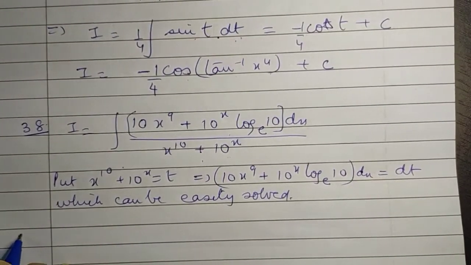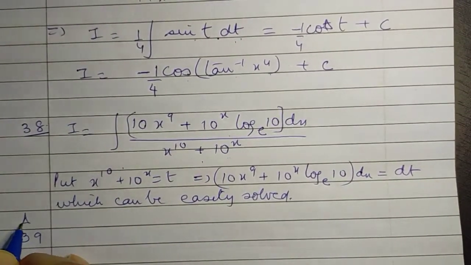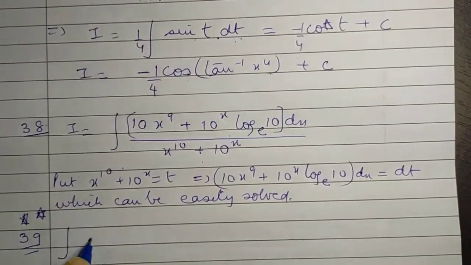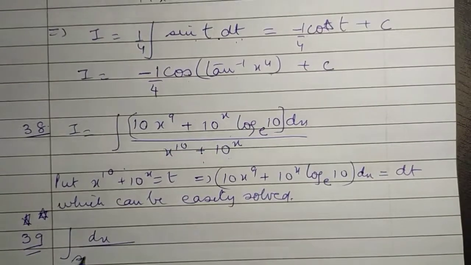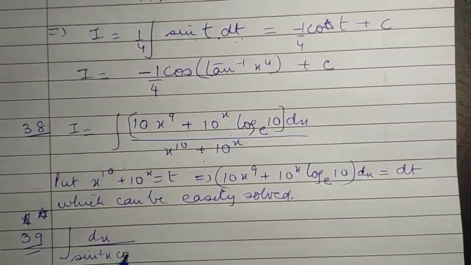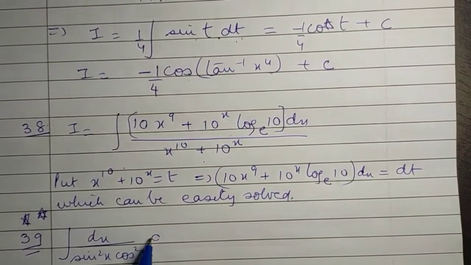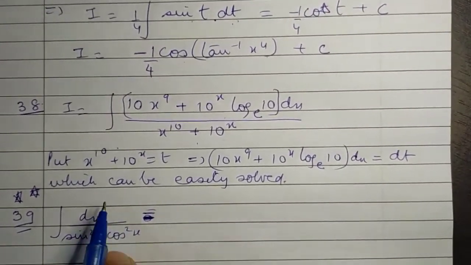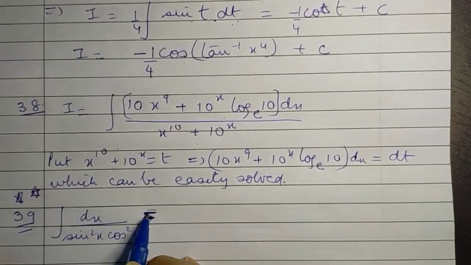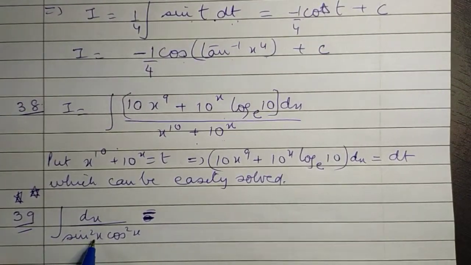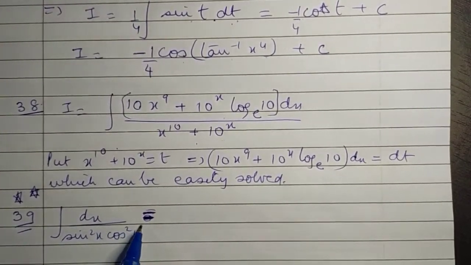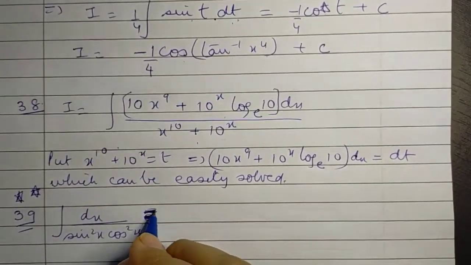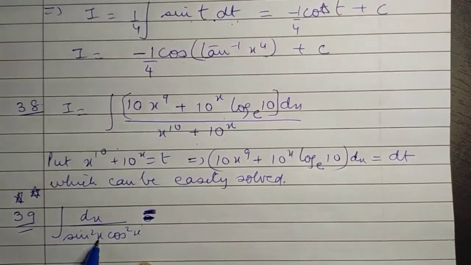Now we come to another extremely important question, that is question number 39. This is dx over, it's a very simple question if you know the trick, otherwise you will keep on going on and on, it will be very difficult to solve. Now here in this case, the first thing is that you write it as cosec squared x into sec squared x into dx, but then you don't know what to do about it. So this question in particular has to be done in such a manner.